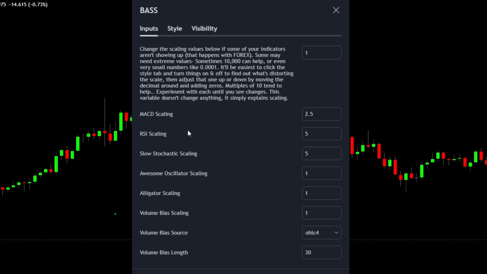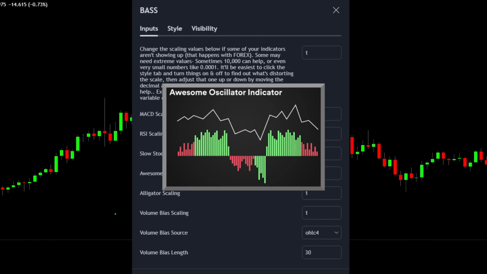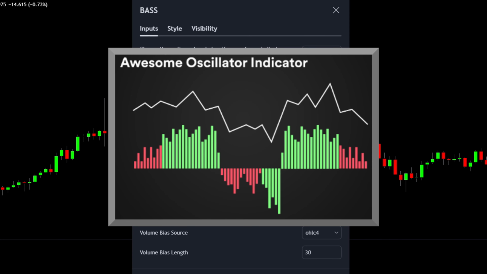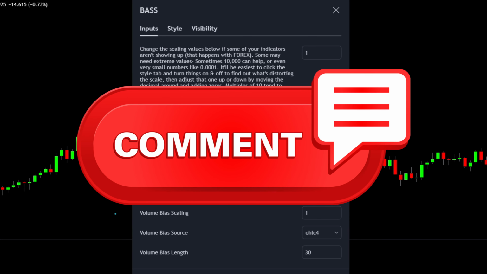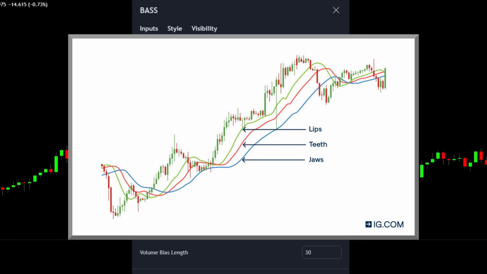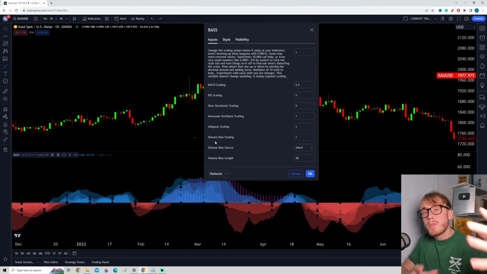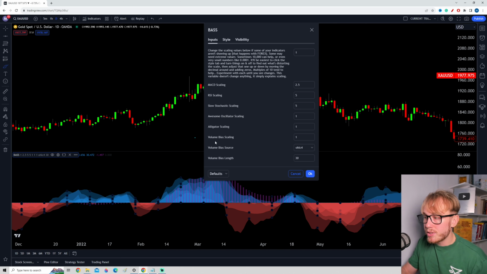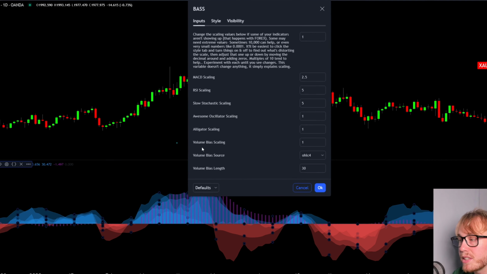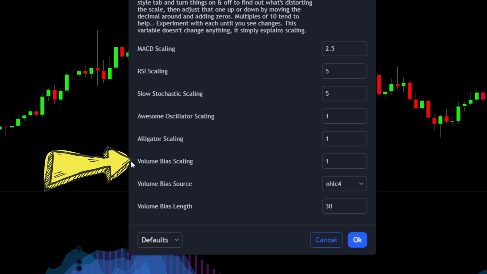So we use the MACD, the RSI, stochastic, and an indicator called the awesome oscillator scaling. If you want a video on this indicator, guys, let me know in the comments. We also have the alligator indicator, which I haven't covered yet, but these are all the indicators we combine. So we combine multiple momentum indicators, but the amazing thing about this indicator is that we also use volume, and